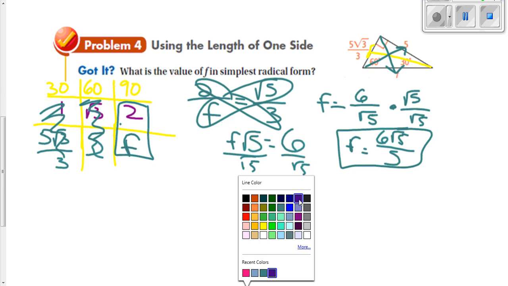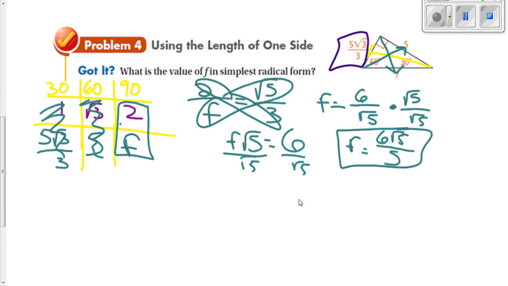Okay, so without the proportions, I need to know my values. I need to know that the longest side or the longest leg is radical 3 times the shortest leg, and the hypotenuse is 2 times the shortest leg. So my directions ask me to find the length of the hypotenuse. So the hypotenuse is going to be 2 times the shortest leg. Okay, I'm going to use that information. Well, the shortest leg is this, so it's going to be 2 times that. So to multiply, 2 over 1,